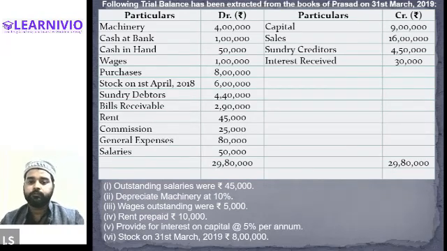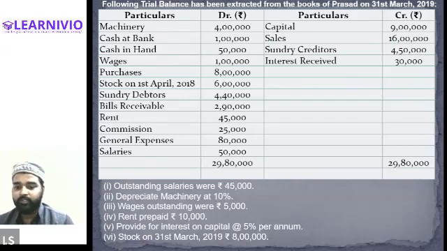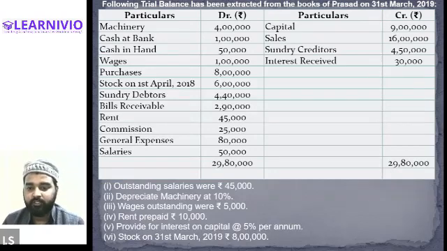Okay. So the first item given in the question is machinery. Before recording it in any account or balance sheet, we will first ensure whether there is any adjustment entry regarding machinery, yes or no. Is there any adjustment entry given in the question regarding machinery? Yes, sir. There is. Additional item number two is regarding the machinery.